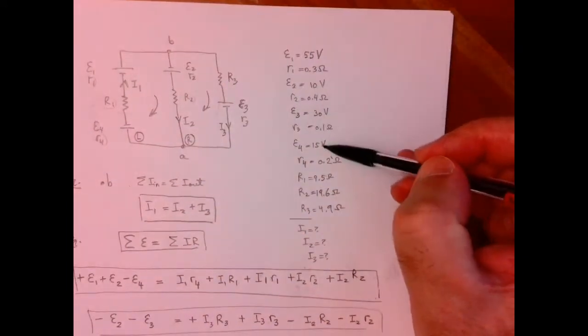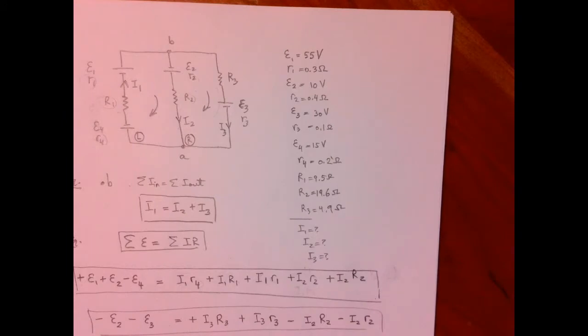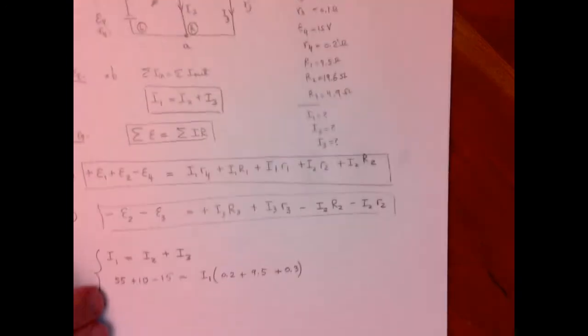So R4 is going to be 0.2. R1 is 9.5. And little r1 is 0.3,